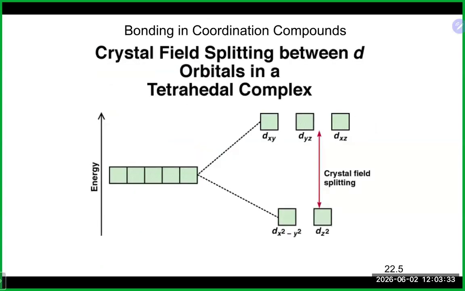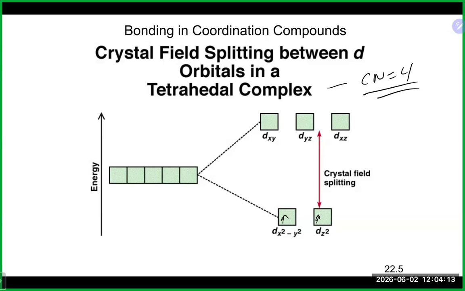This is a tetrahedral arrangement, and this is now a coordination number of 4 and not 6. It's basically identical to octahedral splitting, except it's upside down in a sense. The ones that were lower in energy originally are now higher in energy, and the ones that were higher are now lower. It works the same way. You would fill down here and then decide, do you want to go up to fill or not, depending if it's strong or weak. If it is strong, they would probably fill the bottom 2, then go up. If it is weak, they would fill the 2 on the bottom, not completely, and then go up and